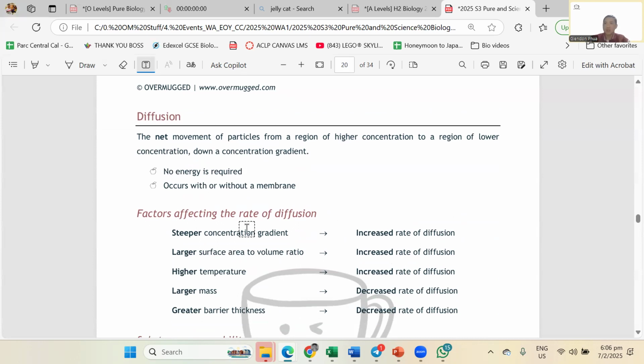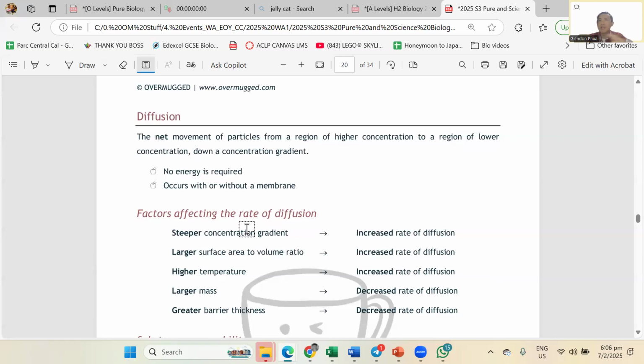So what's going to happen? You just write your answer. The fart molecules will diffuse from a higher concentration to a lower concentration. So region of higher concentration to region of lower concentration along a concentration gradient or down a concentration gradient. Now, after I fart and it goes to your nose, what happens? Do I not smell the fart anymore? No. Halfway you will say, oh my God, Mr. Pua, you farted, very smelly. I say, ha ha ha, yes, I did, sorry. So when you're suffering, I'm also suffering because I can still smell it, because not all the fart molecules have gone there.